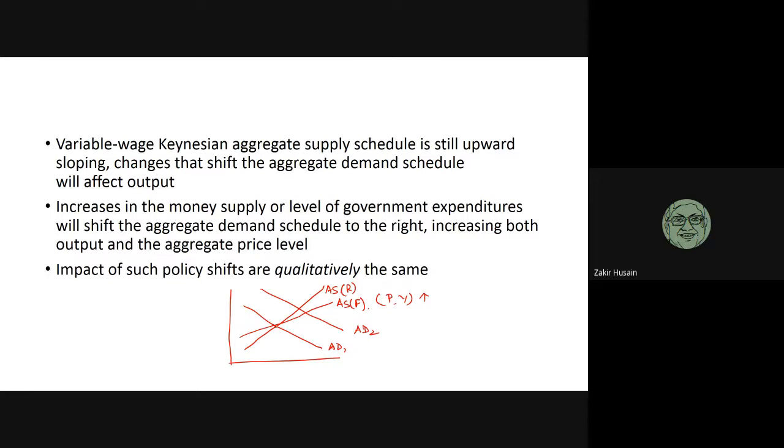So what does it mean? When I'm talking about the qualitative, what will happen to price and income? The answer is the same. But if I ask by how much prices will go up, by how much, what is del P and what is del Y? What is the answer? In the rigid case,